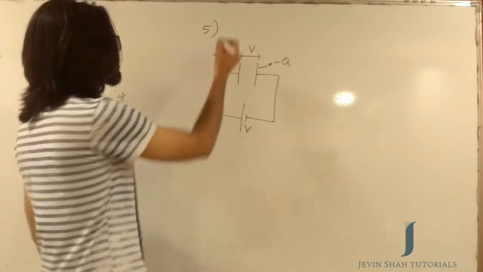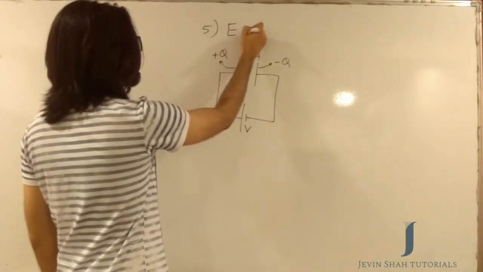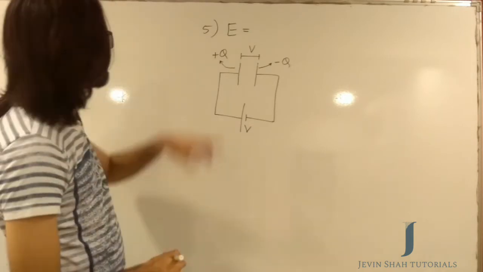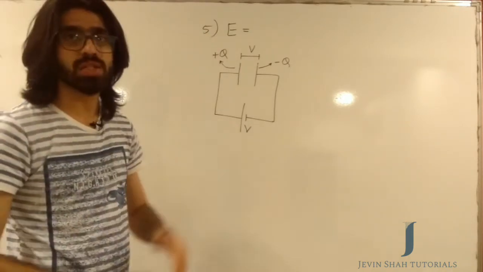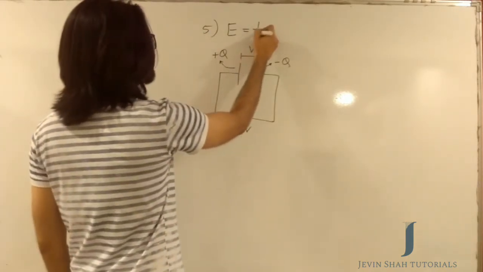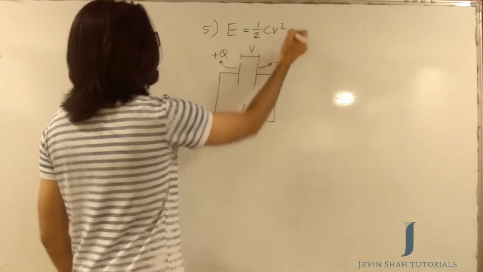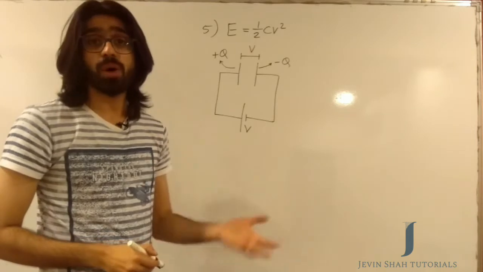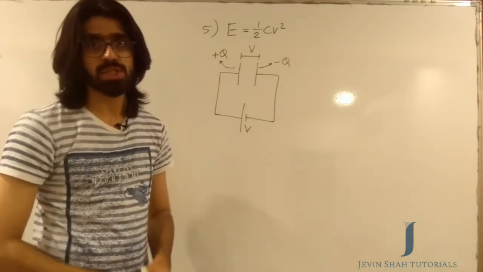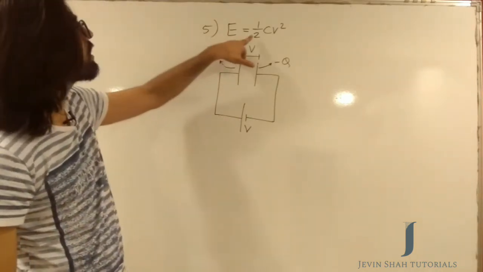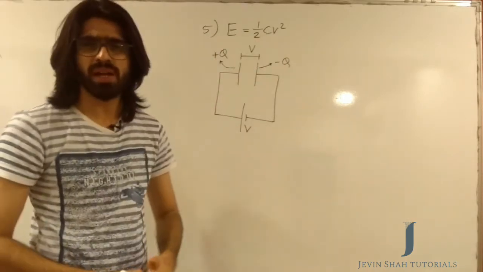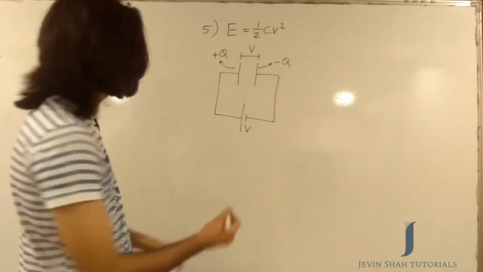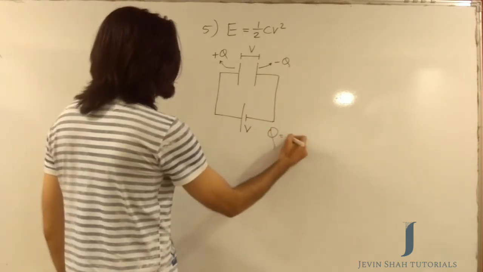So the energy stored in charging a capacitor, that's the fifth formula you're learning. The energy stored in a capacitor while you charge it is given by half CV square. Yes, there is a derivation for it, but like I said, because we are doing the formula, I am not getting much into the derivations. The energy stored in charging a capacitor is given by half CV square. You can start rearranging it with other terms. You can use the first formula here. You know that Q will be equal to CV.